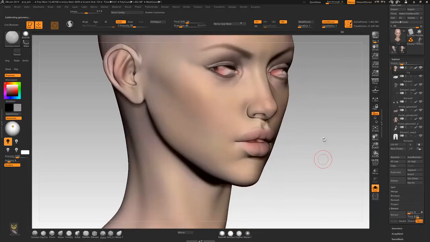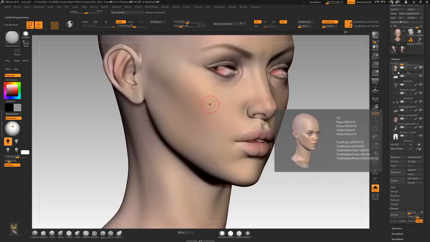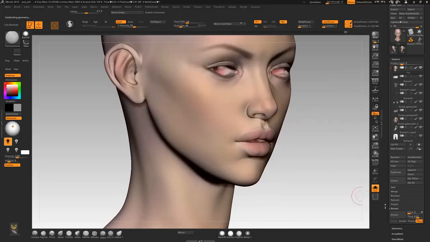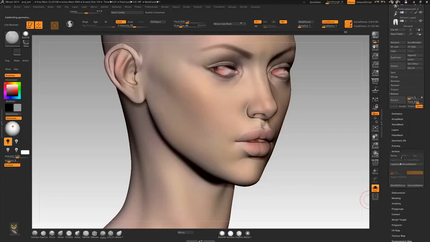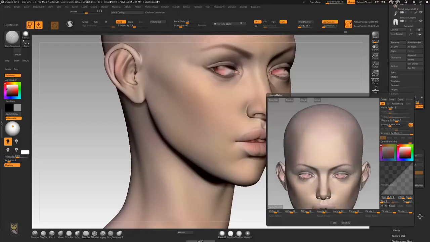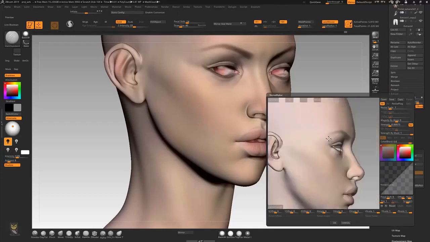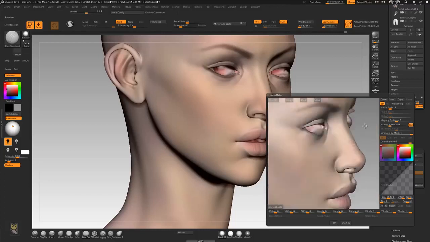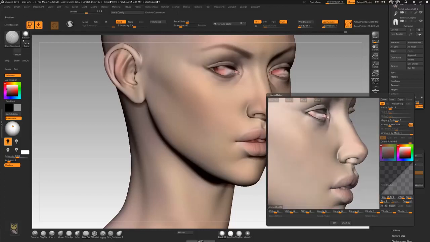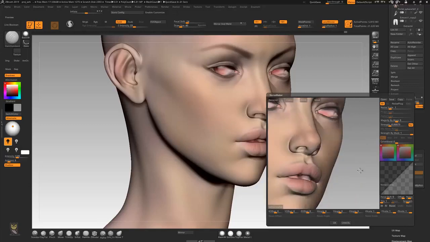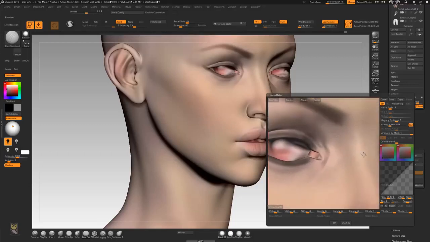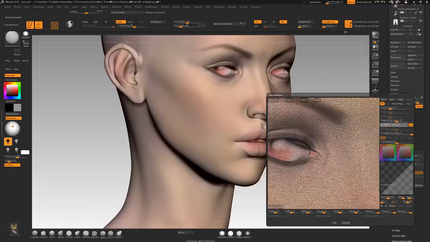First, we want to go all the way up to the highest geometry level. So 6 million, it's okay. Then we want to go to Surface Noise. Let's go inside to see. When I go to the noise dialog, you will notice a lot of things here. But the first thing, we have to dial down the color band, because we don't need our color to be changed. We need our color to be good as it is. So color down to 0, color band,